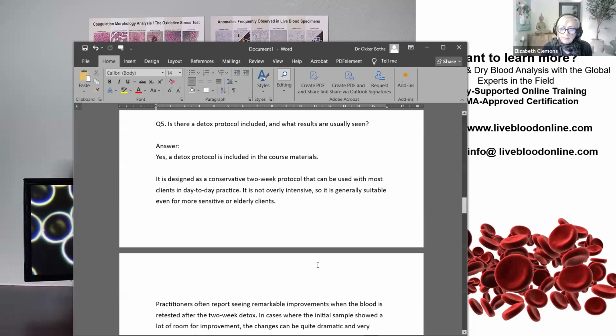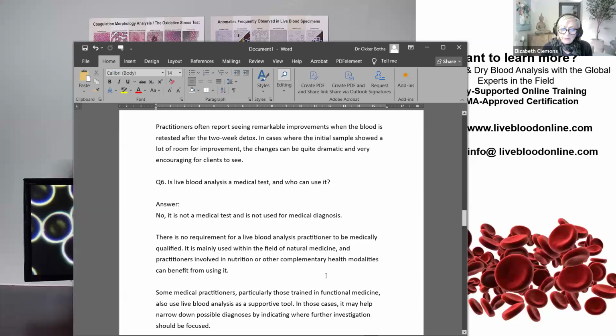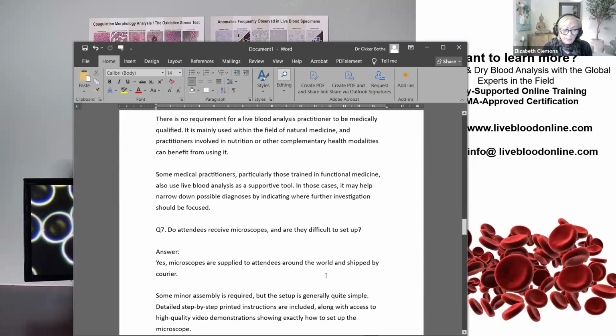Thank you. And could live blood analysis replace other tests like mold, heavy metals, and parasites? Well, often it does. One of the limitations of live blood analysis is that we're not able to see what type of metal it is. So we can see signs of heavy metal toxicity. We can see signs of mold. We can see signs of viral or bacterial infection or parasitic infection. But based on the appearance alone, we can't really say which type of metal or